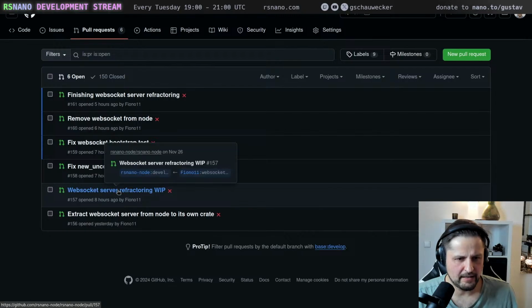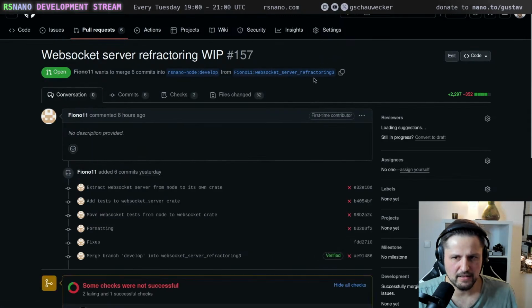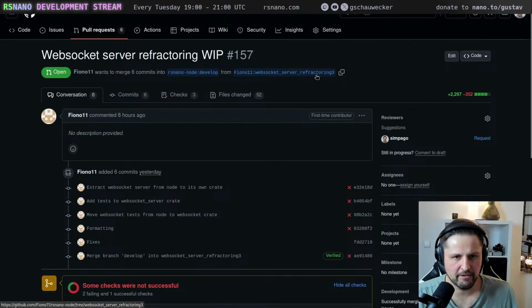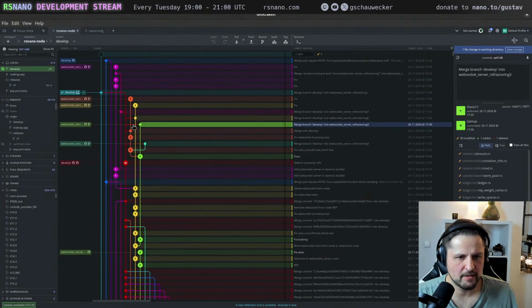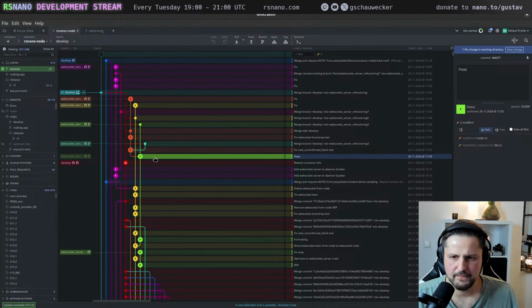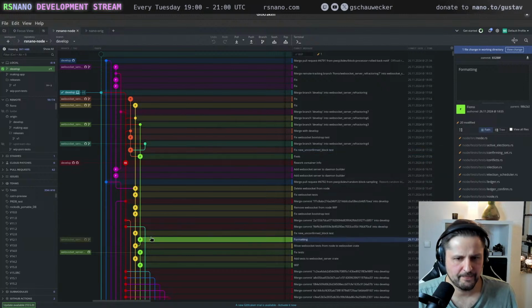Refactoring. And I guess all of the other PRs rely on this one. Refactoring 3. 4, 3, this one. Probably. Yeah.